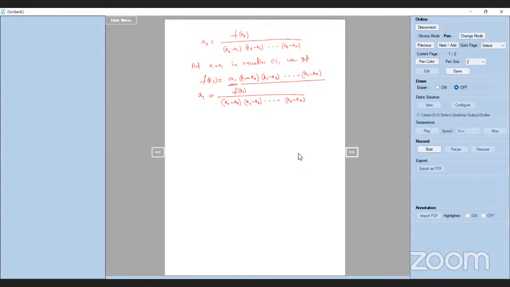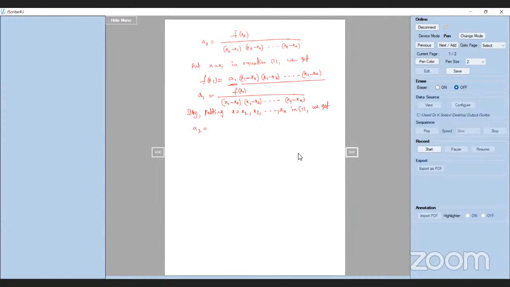Now, similarly, by putting x equal to x2, we can get the a2 value. And by putting x equal to x3 in equation 1, we can get the a3 value. And so on, by putting x equal to xn in equation 1, we can get the an value. So directly, we can write all these values following the above two, that is the a0 value and the a1 value. So now, similarly, putting x equal to x2, x3, and so on, xn in equation 1, we get